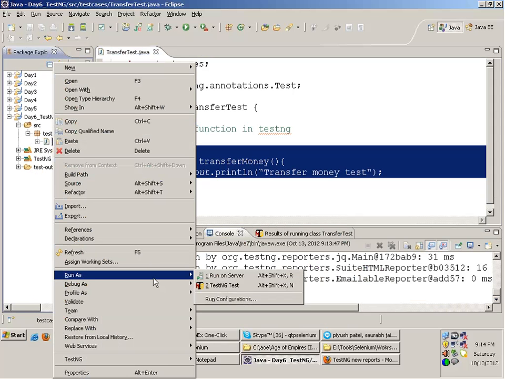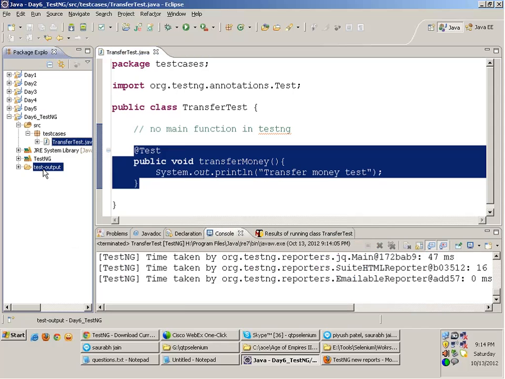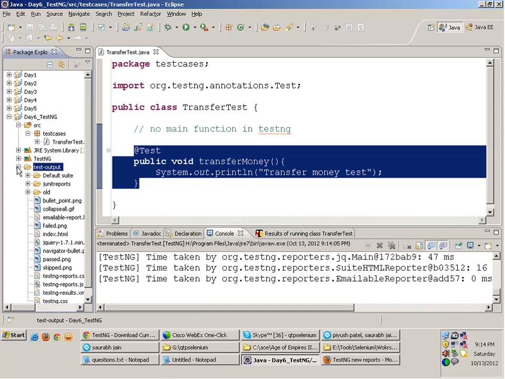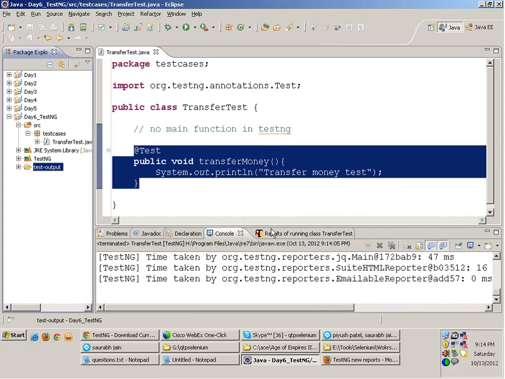Every time you run this, the old Testng folder would be lost, a new one will be generated, and the reports will be there. Okay,